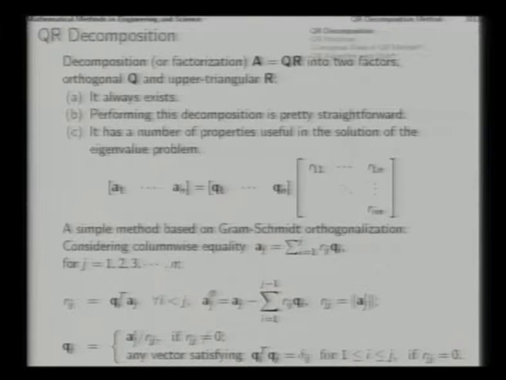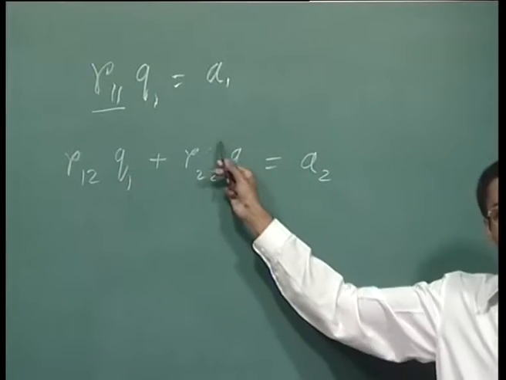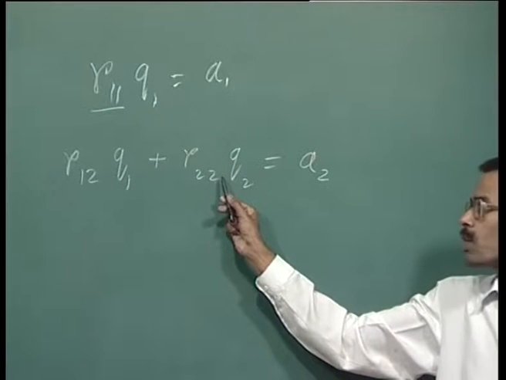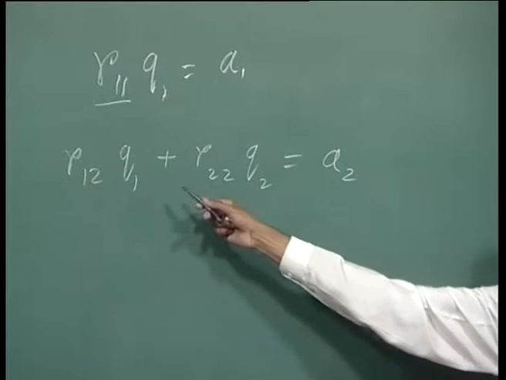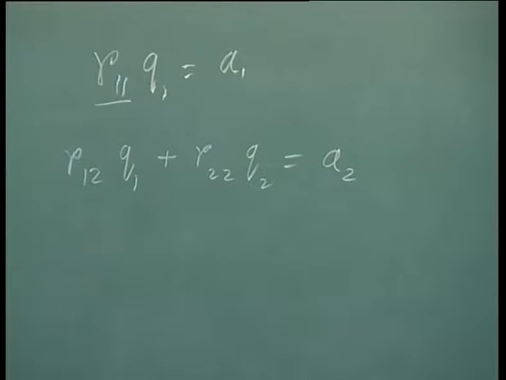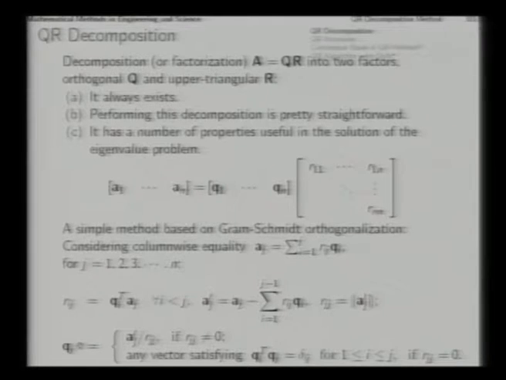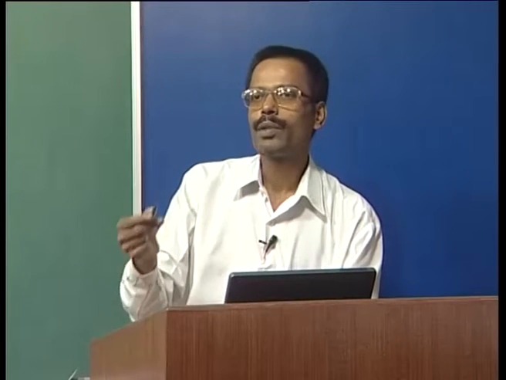What you are left with is demarcated here as a2 prime, and if you are left with this thing only, then its norm will give you r22, right. So, its norm will give you r22. Once you have found r22, then you can divide the remaining thing, a2 minus that stuff, with r22 and you get the unit vector q2, that is here. This way you keep on proceeding. So, in the next step you will find r13, r23, and then the two terms subtracted from a3 will give you r33 into q3. Its mod will give you r33, and when you divide with r33 you will get q3.